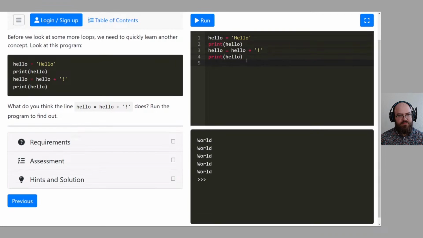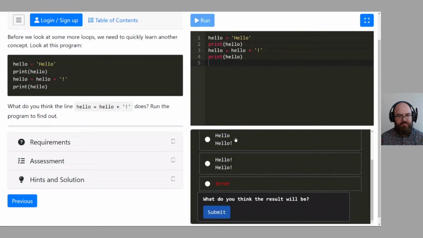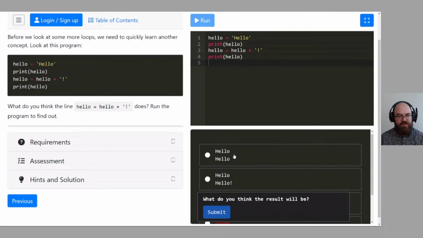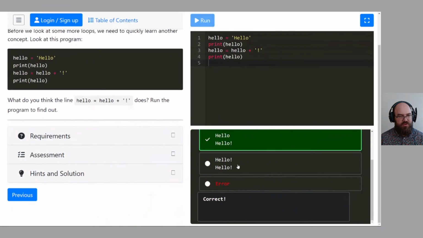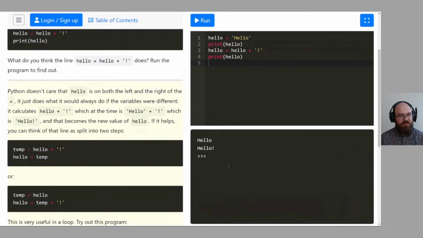So first things first, it's gonna print capital hello. Yeah, it's gonna print out capital hello, and after that, it will proceed to print hello, a capital hello, exclamation mark. And now you get to do the quiz again. There we go. Correct. Yeah, I got it right.